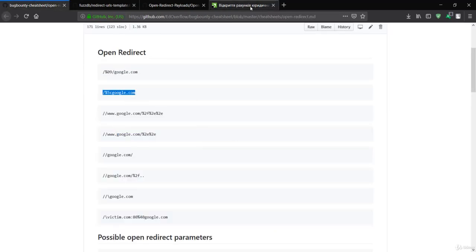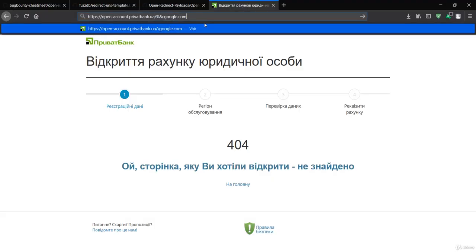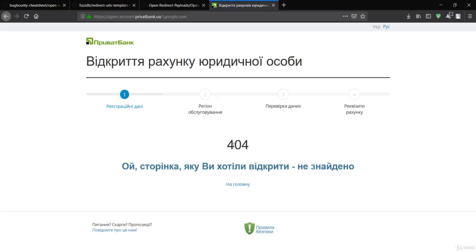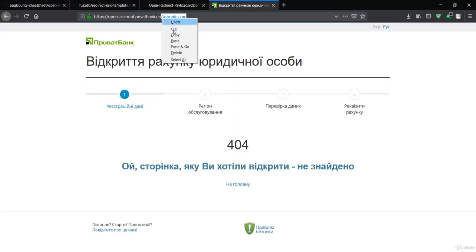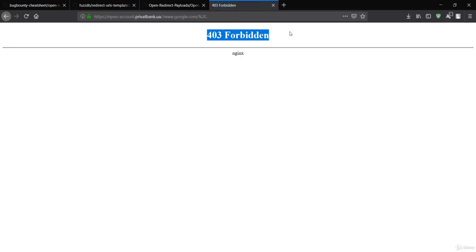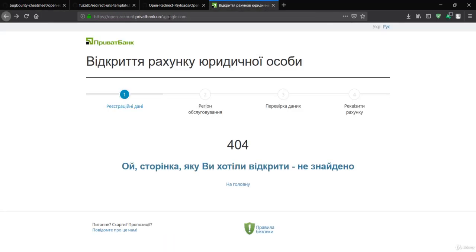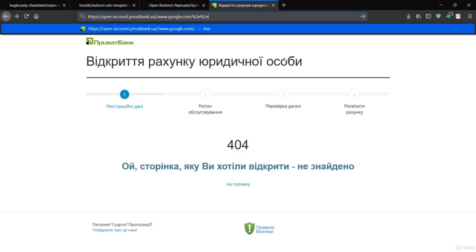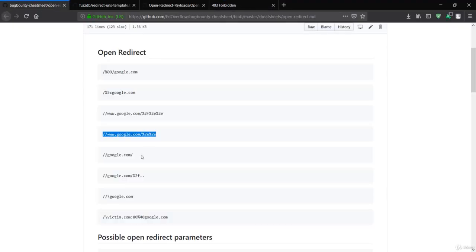You can grab this payload from the resource section. At the last of the link you need to simply paste this one, and if I hit enter again, it should show a 404 error, that is again not found. Let's try this one. Let me paste and hit enter. Then it is saying 403 forbidden. This means you are not allowed to access this information, so it is also not valid. Let's paste the next payload, and it is also not valid. Let's go to the next payload.